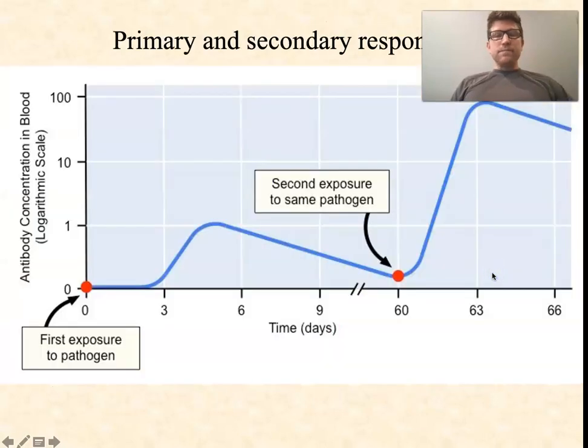What does that look like? This graph here shows the concentration of one of our antibodies in our bloodstream after first exposure to a pathogen. That could either be the live pathogen and you got sick, or to a vaccine. And then later, it shows 2 months later, secondary exposure to the same pathogen again. If you notice, this is just time on the x-axis. On the y-axis, it's a log scale. So we go from 1 unit per whatever, 1 concentration unit of antibodies, to 10 to 100. So it's going up in tenfold steps. You can see that it takes a good 3 days